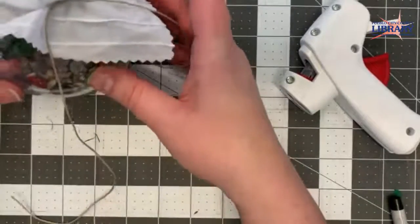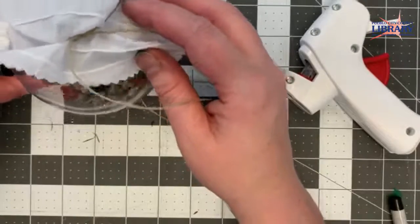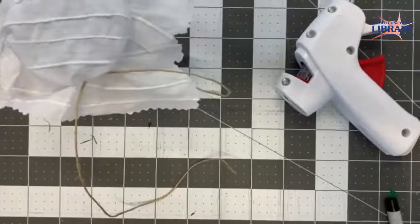I'm hoping you can see. You'll see better on your own. But I'm going to try to move the camera here. So excuse the fact that this is going to...